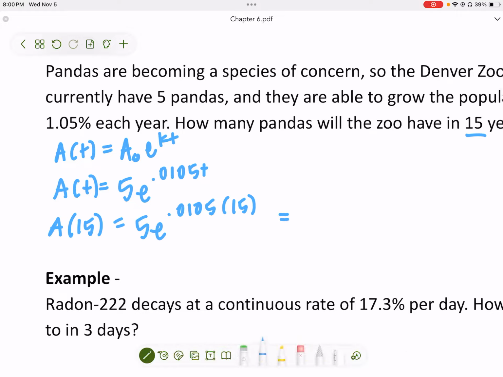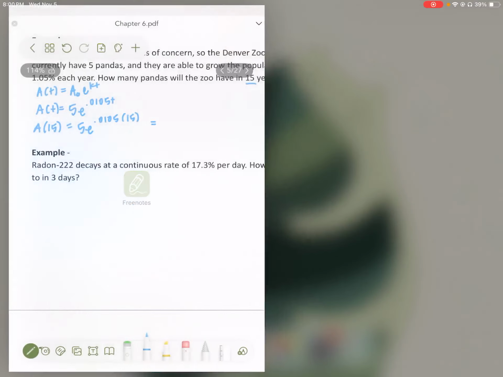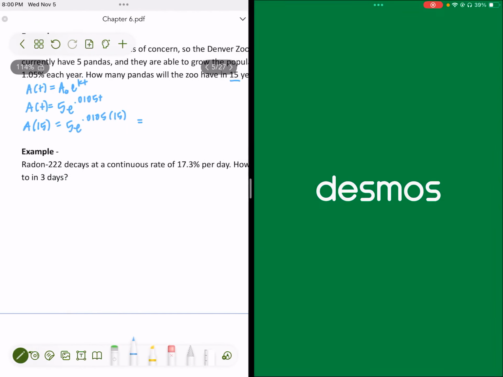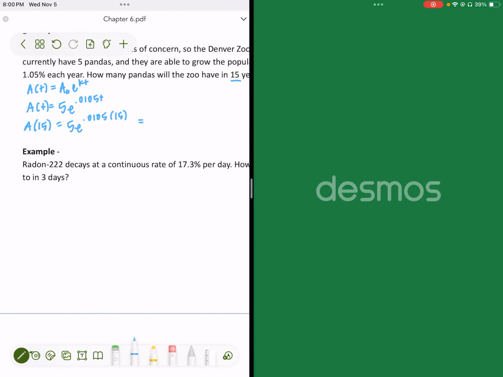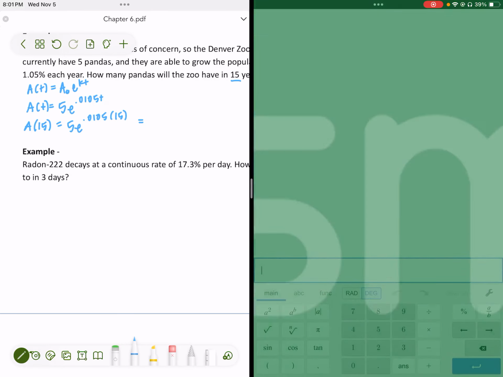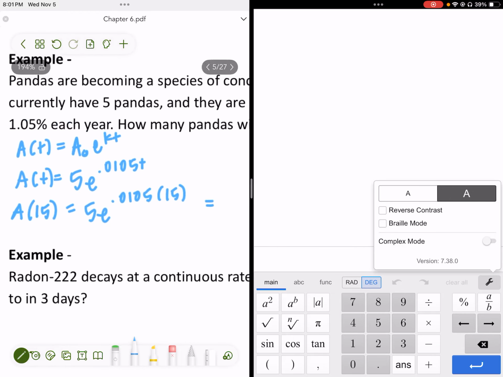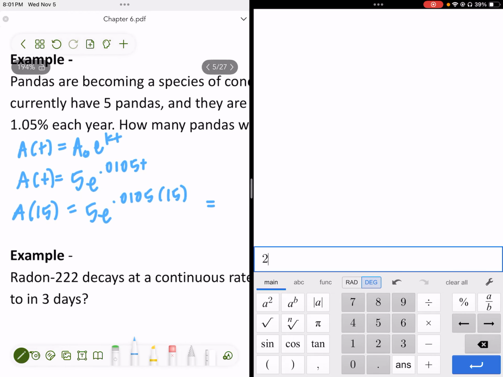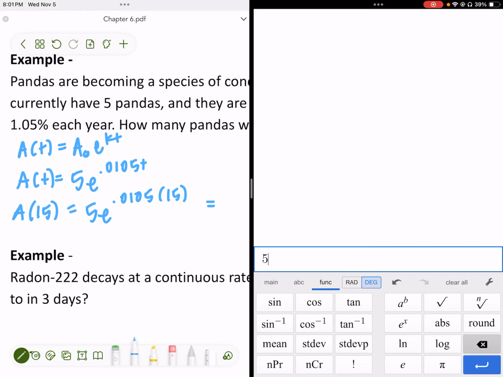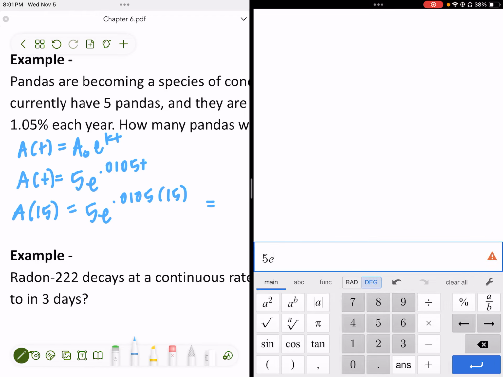I need to open Desmos here because I don't have a calculator next to me. There we go. When it loads, make the text bigger. Let's see. So we have 5, whoops, 5e to the 0.0105